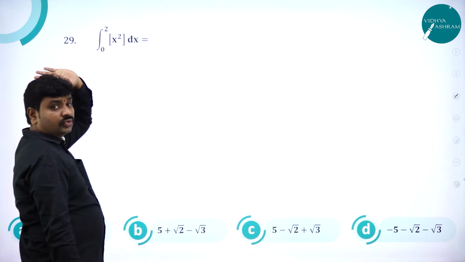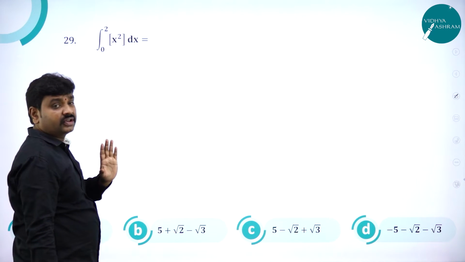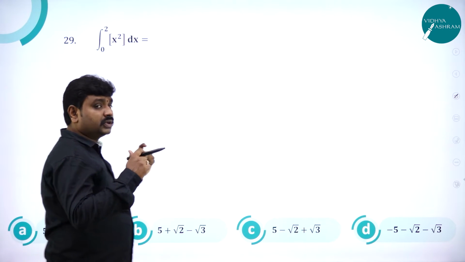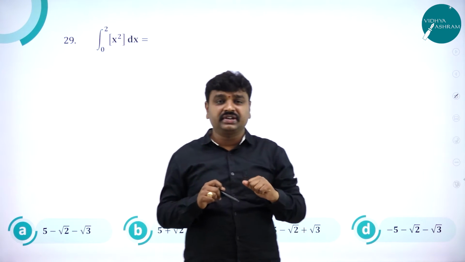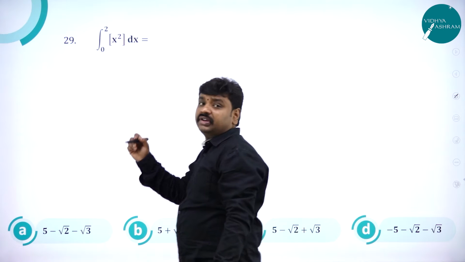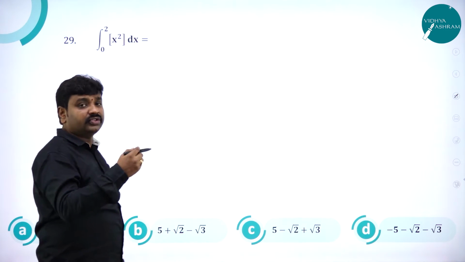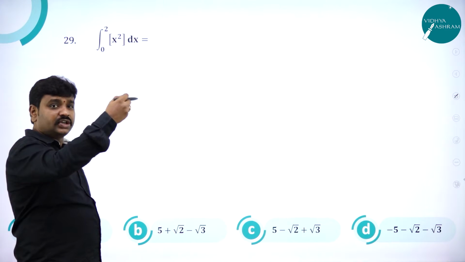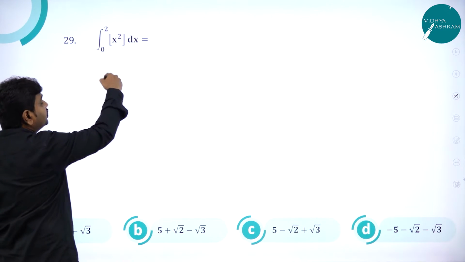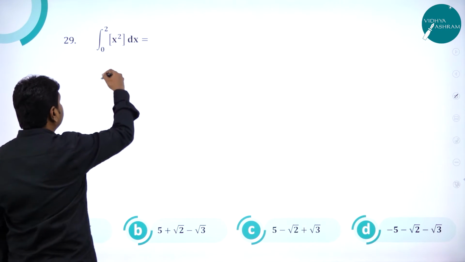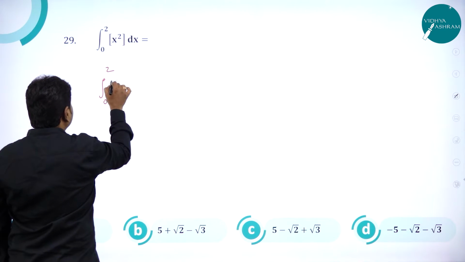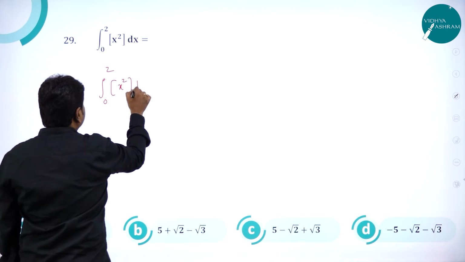Integral of 0 to 2, greatest integer x square dx. So we read this as greatest integer. Greatest integer value gives you the nearest and lesser integer. So we have to use the property that a to b can be reached through a to c. That is, a to b f of x can be written as a to c plus c to b. Because the greatest integer function is a piecewise function, we'll get a set of values. So I'll write this as